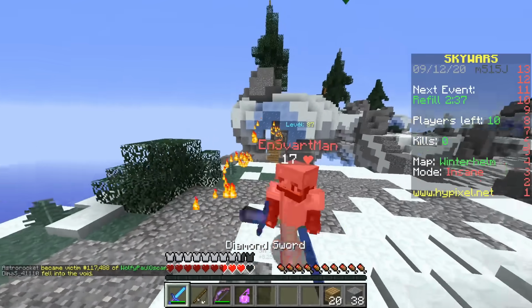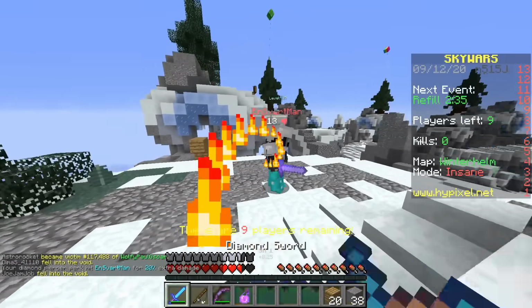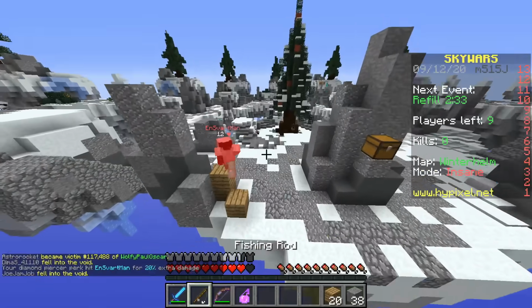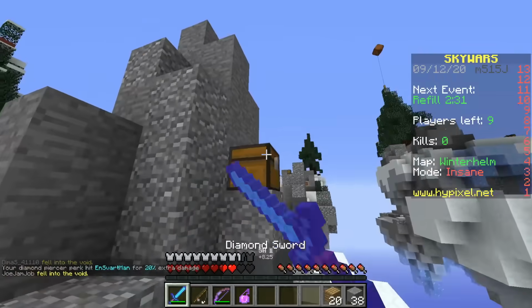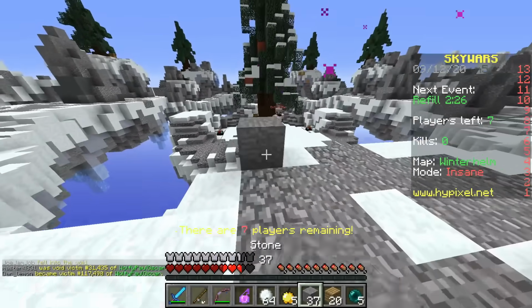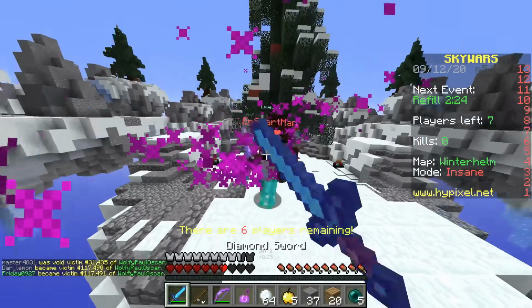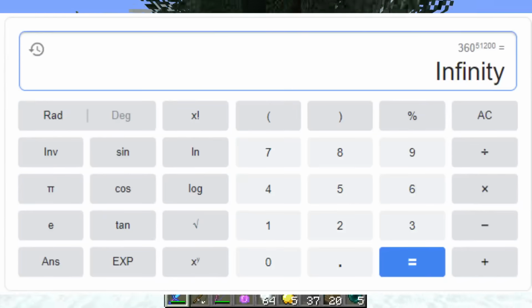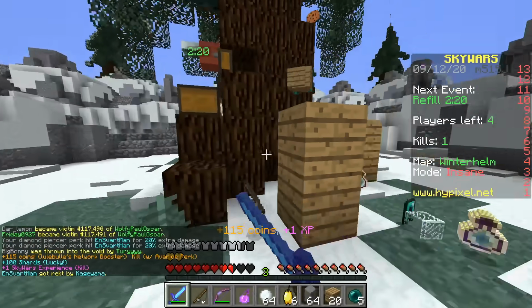Cool. However, we're only looking at natural chunks, so I had to go for hours, block by block, removing all the ones that don't generate naturally in the world, like purple shulker boxes or zombie heads. After removing all the non-natural blocks, I was left with around half, at 360 blocks. Okay, 360 to the 51,200th power returned infinity in the calculator, which is a wee bit more than 14 trillion, so I think we're out of luck.